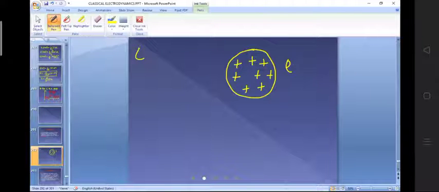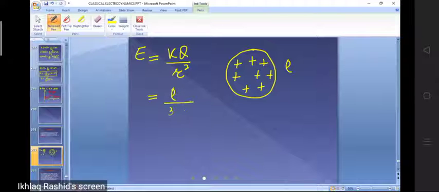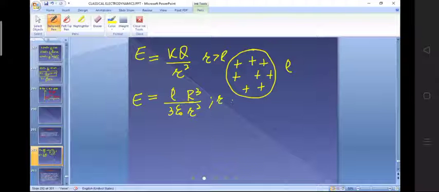So the electrostatic field outside will be the same as that of a point charge. That will be equal to k q divided by r square, or in terms of rho, it will be rho divided by 3 epsilon naught, multiplied by R cube divided by r square. This is the electrostatic field, and this is true when small r is greater than capital R. And then inside you can safely calculate by taking care of the dimensions. The equation must be dimensionally correct. So the electrostatic field inside will be something like this. Inside it is directly proportional to r.